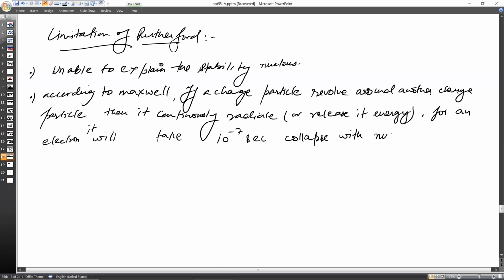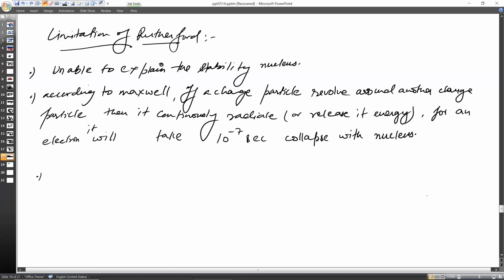With the nucleus. Okay. There was a spectrum theory that if the electron is losing energy continuously, then it will give you a continuous spectrum, that you have not studied here. So I'm just going to write that drawback, but I will explain it when I teach you the spectrum,